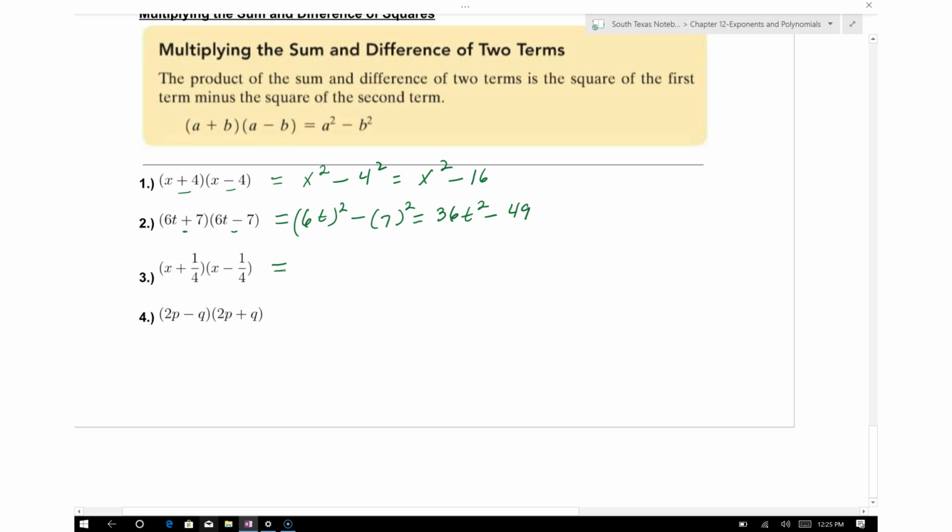And this also occurs with binomials that include fractions, and we have a sum and difference here. So we're going to get the first term squared minus 1/4 to the second power. So you have x squared minus